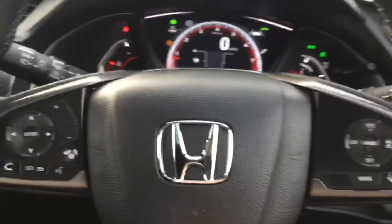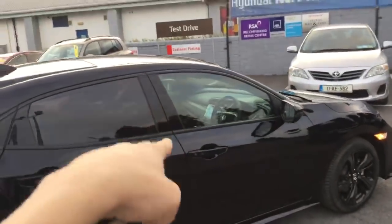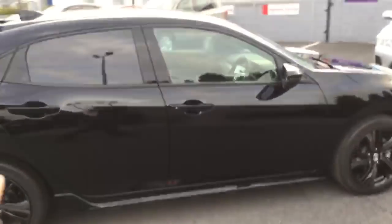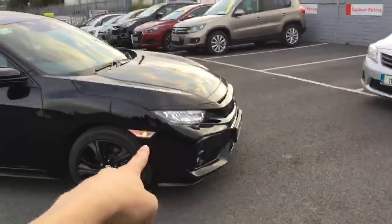In terms of safety on the car, we've already seen the car has a lane keep assist, it has a lane departure warning, it has the blind spot indicator over here, it has a cross traffic monitor, it has the camera, it has front and rear park sensors, it has driver and passenger airbags, it has curtain airbags all the way down the side, all those seats have side impact protection, the doors on the side have steel impact protection bars,